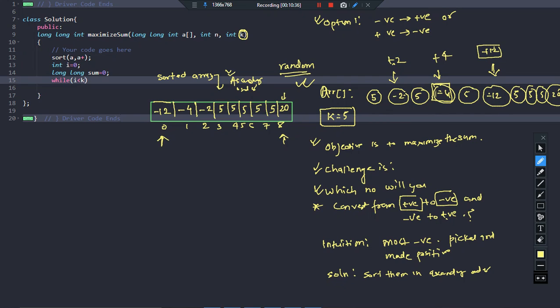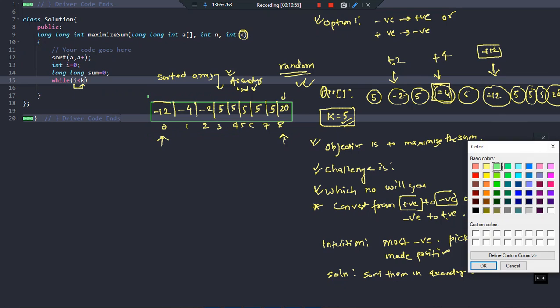So basically I'll run my while loop from i to k, which means I will be focusing on which window. So i to k means 0 to, what is the value of k? The value of k we received here was 5, right? So 0 to less than k, so 0 to 4. I'll create a window for your convenience, 0 to 4. Let me just change the color of the ink and use orange color.